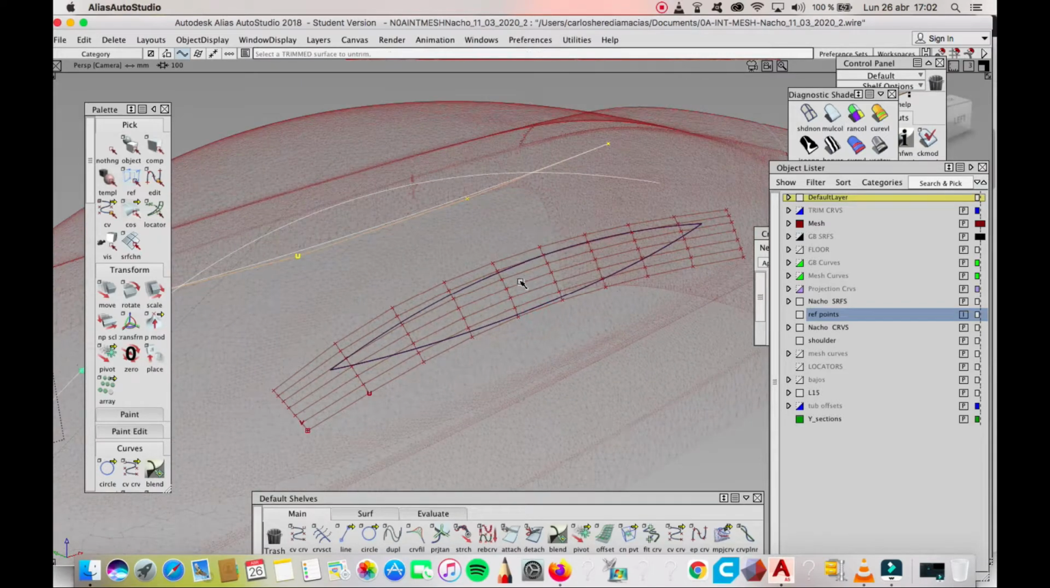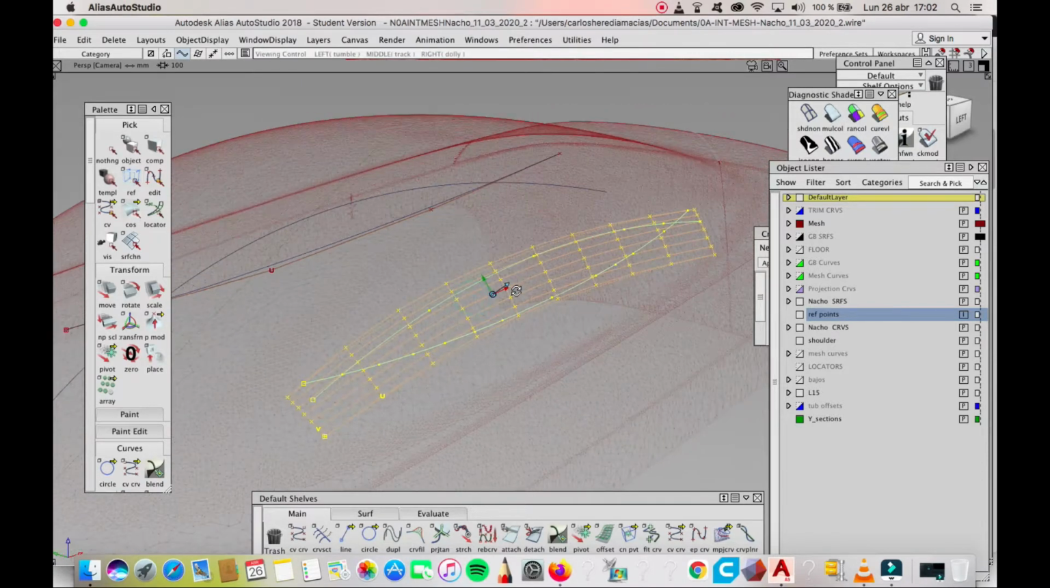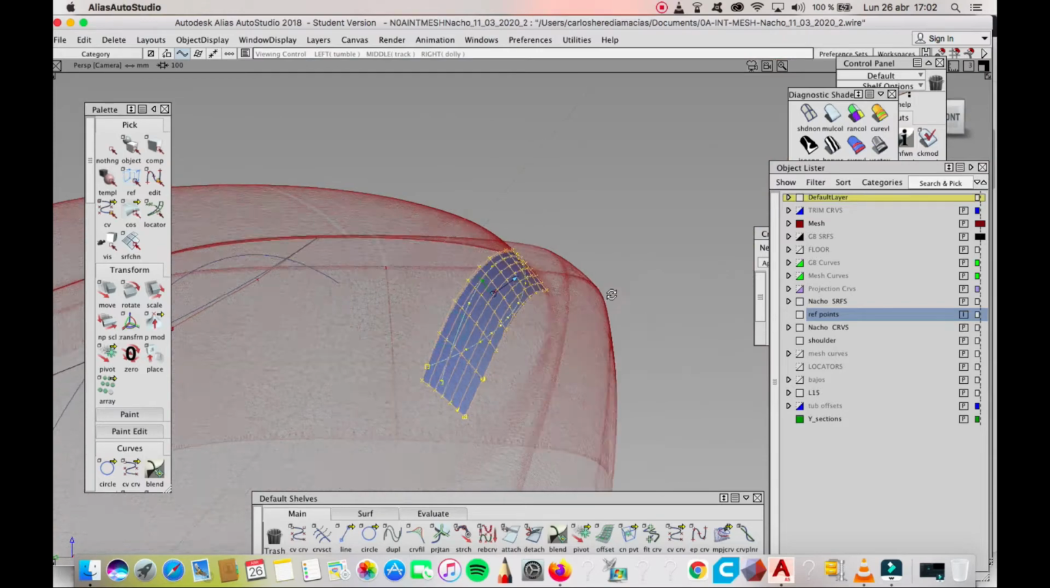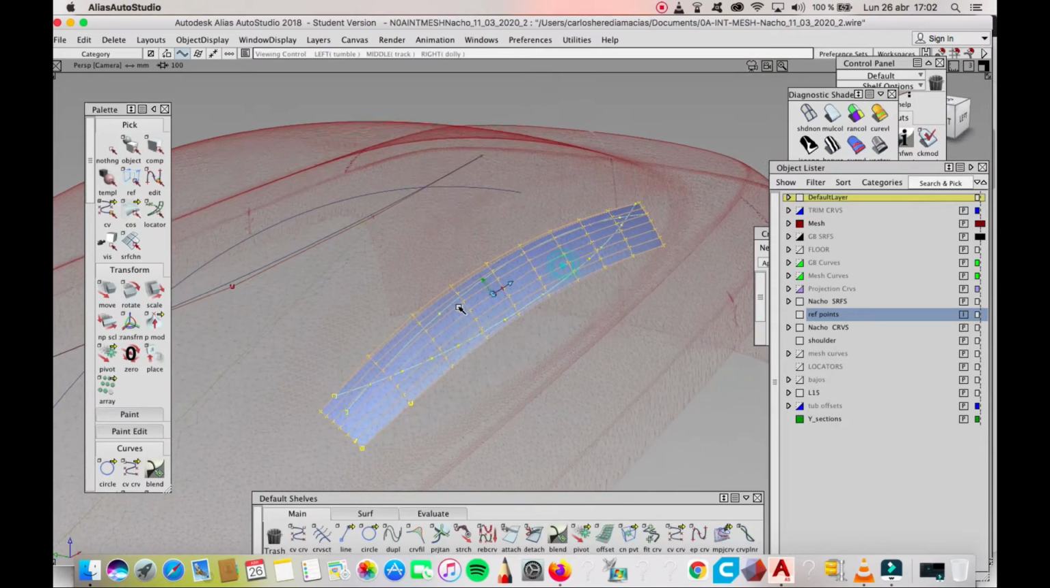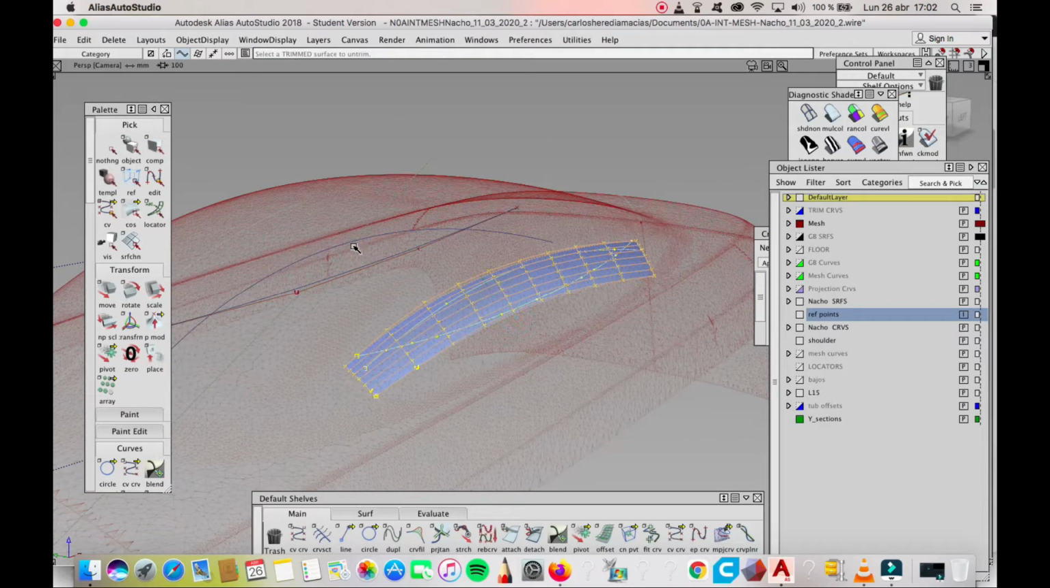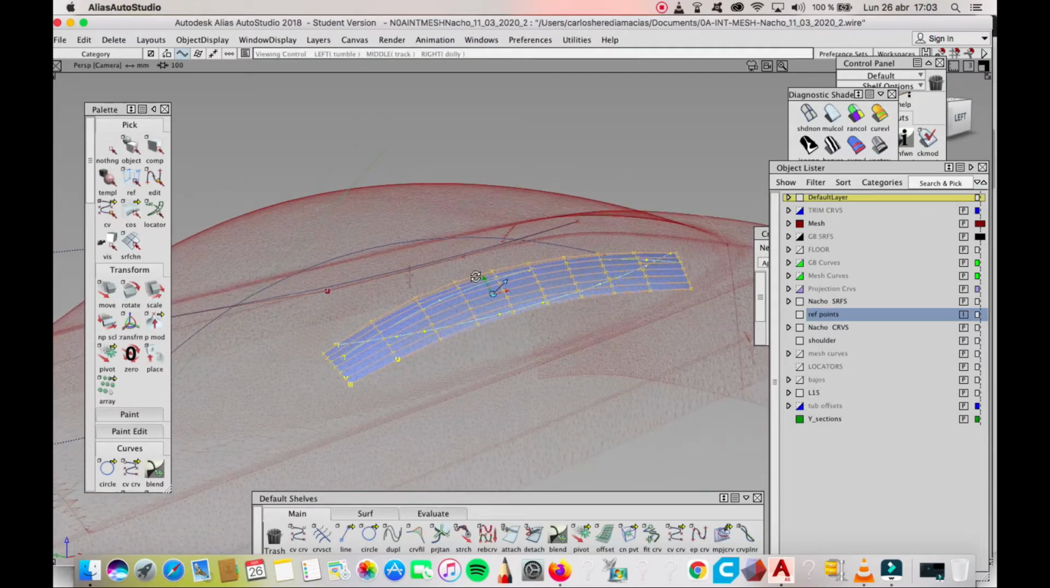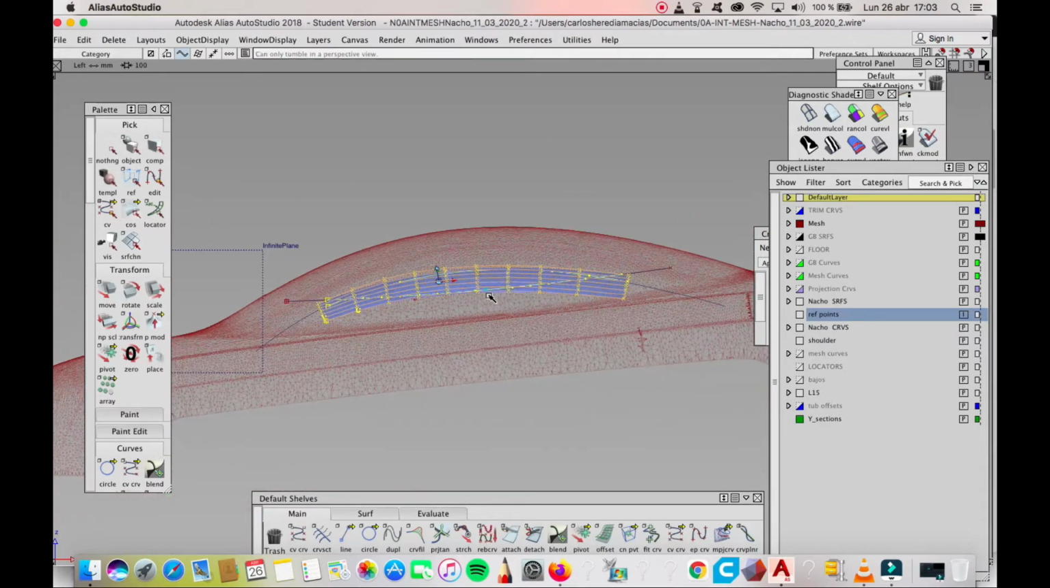I'm gonna trim it. So you can see how this is a square surface, fit to the scan, and then I will use these two curves to project it and trim it away. Okay, so